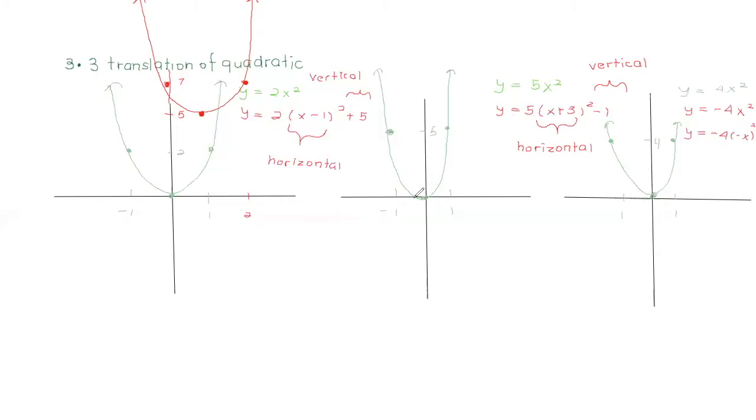The horizontal shift in this equation is 3 to the left, and our vertical shift is down 1. The first thing we're going to do is move the vertex. Our vertex right now is at 0, 0. When we apply both translations, we get the point -3, -1. The next thing we're going to do is shift the point -1, 5. Again, we're going to apply our horizontal shift of 3 to the left and our vertical shift of down 1. So our new point is